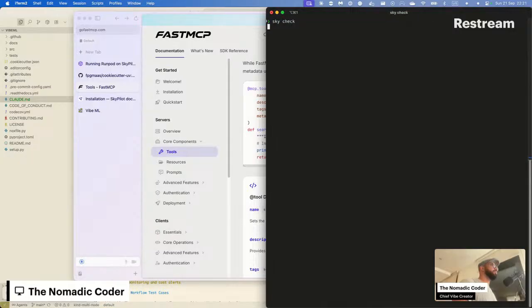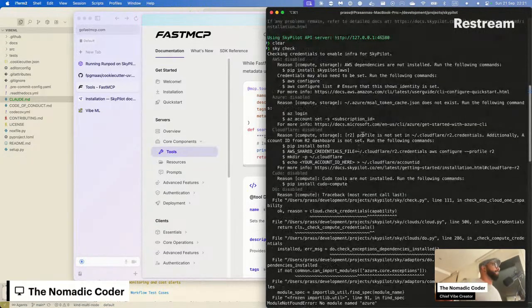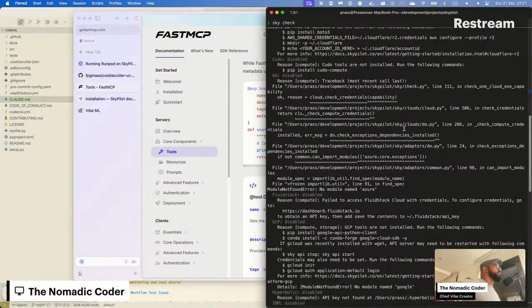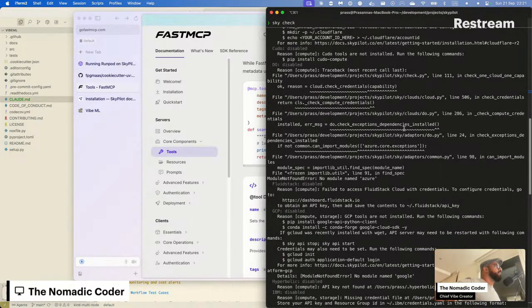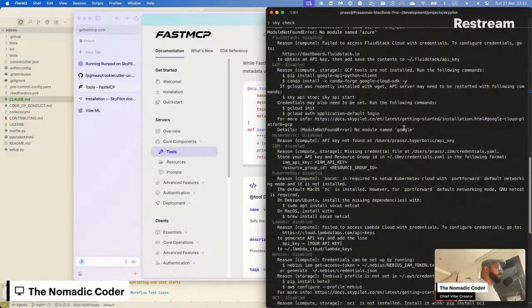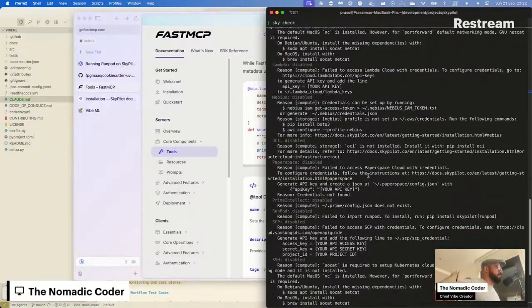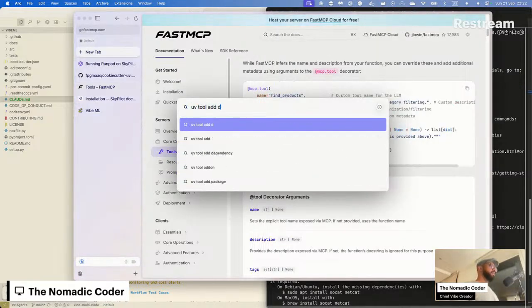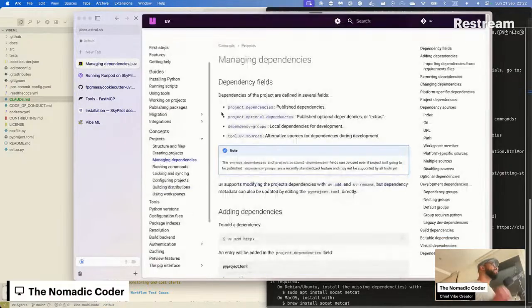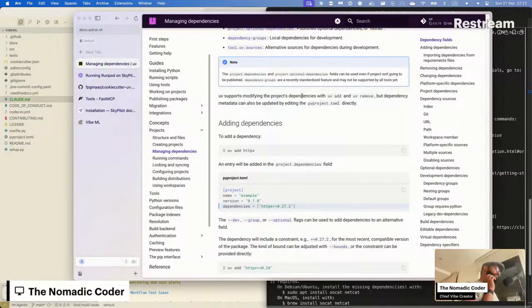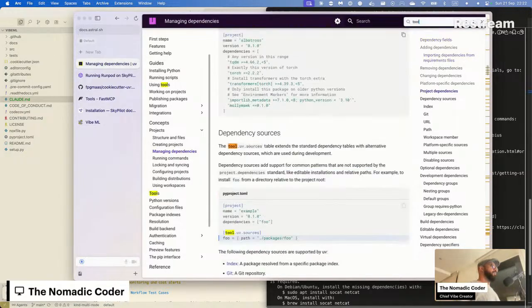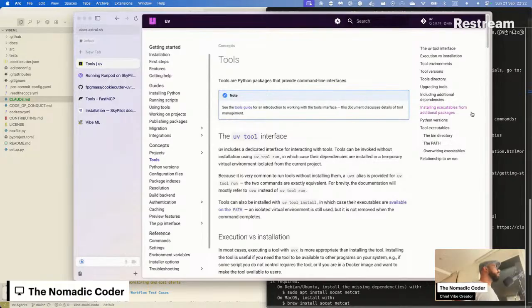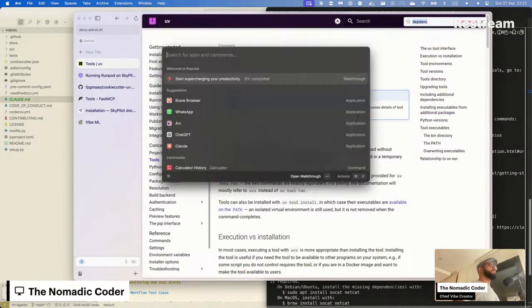Wait, I need to see the output again. Let's do UV to add a dependency.